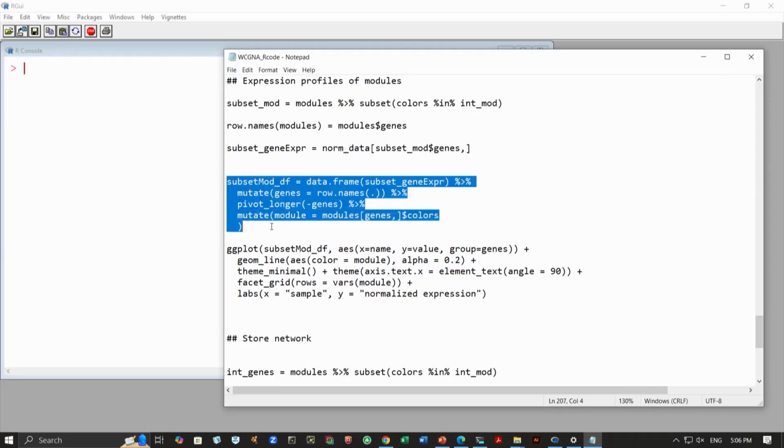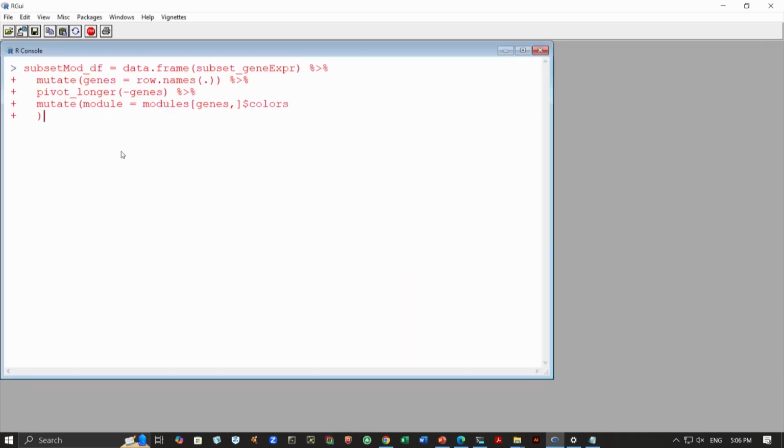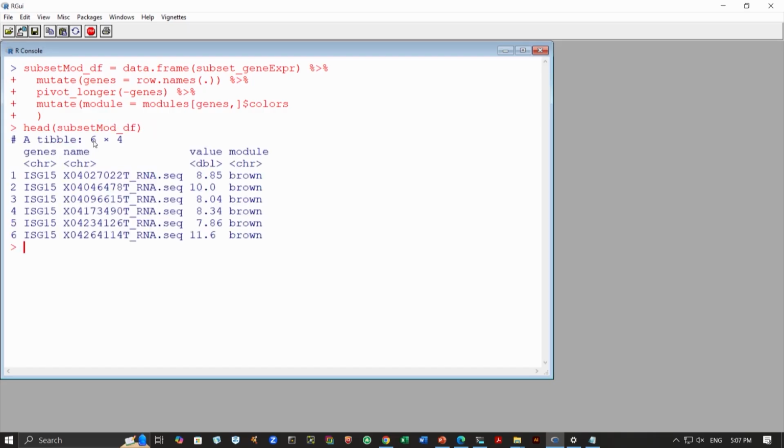So, again we have discussed all of these functions when you are talking about data organization. The mutate function, the pivot longer function, all these functions we have talked about when you are talking about data organization with the dplyr package. Now, what happened is simply we have transformed the data, or reorganized the data, in a table format now, and you can see that the whole thing has